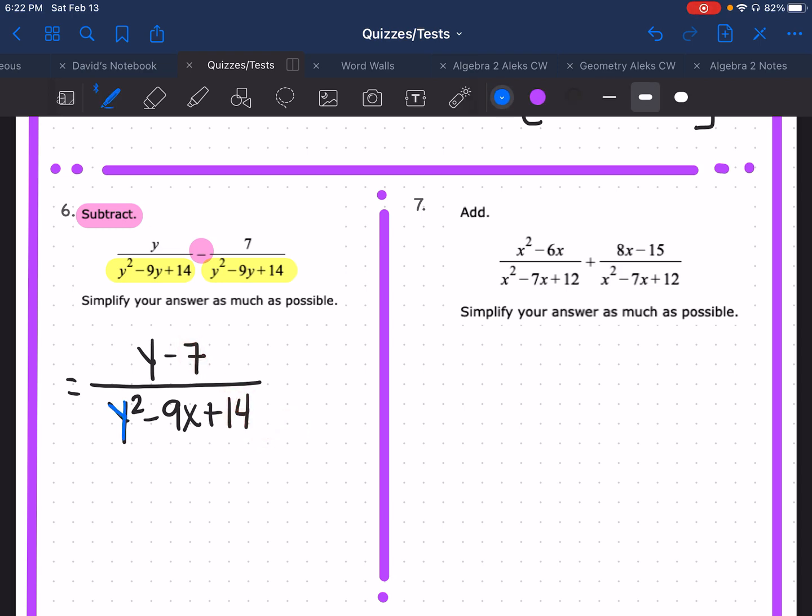So y squared is going to be y times y. And remember, we already talked about 14 is going to be 2 times 7. I'm particularly trying 2 times 7 and not 1 times 14 because of the 7 in the numerator. Okay, that's why I want to focus on the 7. If this doesn't work, then I'm not going to worry about even factoring the denominator. So this would give me,